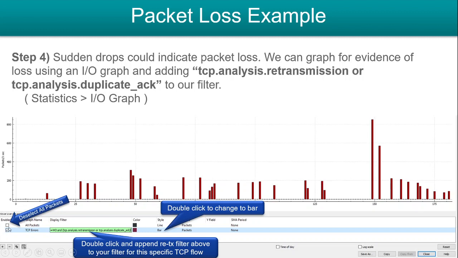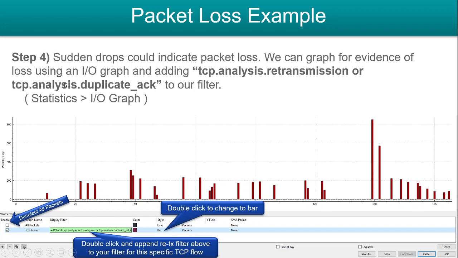And when you click that, you're going to get something similar to this graphic. And by default, the all packets checkbox here will usually be selected. I want to deselect that as seen here, and then I want to create a new filter. In this case, I just called it TCP errors. If you double click in this area, you can modify it as you see fit. And I'm going to double click in the display filter, and I'm going to apply this filter here, the one in bold,